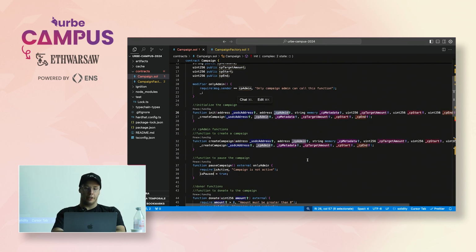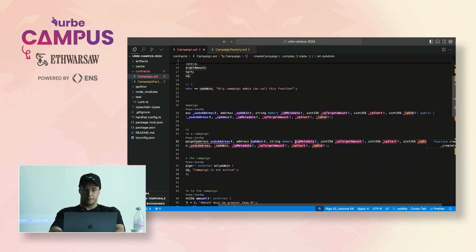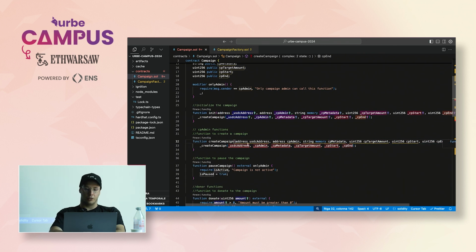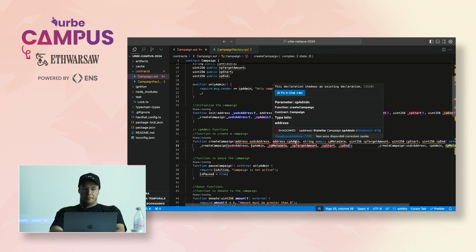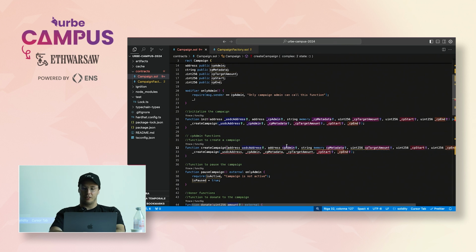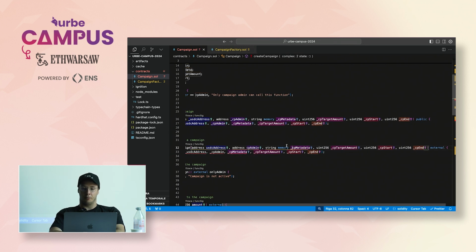But if you want, we can delete the underscore here, because this is an external function. It's not an internal or private, or it's not the initialization. So let's delete the underscore here and here. No, roll back. We can do it okay, because otherwise we will use the same name for. Okay, so